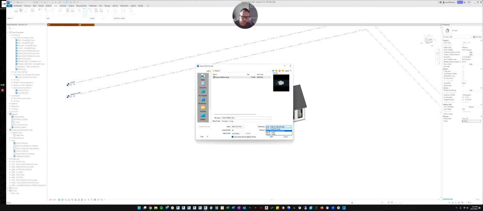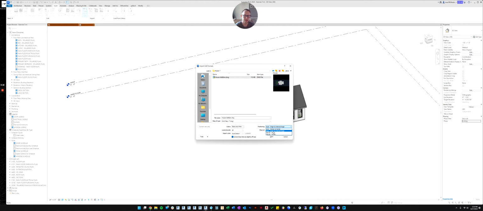I like to do, oh man, it's hard to explain this. There's center to center. So the CAD file has what AutoCAD defines as the center of that file, and then Revit also has a center that Revit thinks is the center of its file. So if you use center to center, it will line up the center of the Revit file with the center of the CAD file. That sometimes works, but if you're getting a CAD file from a civil engineer, they're typically not anywhere near the center of the AutoCAD file. And so if you line center to center, you're going to wonder where the CAD file went, because it could be 2 miles away in the model. So I don't love center to center.